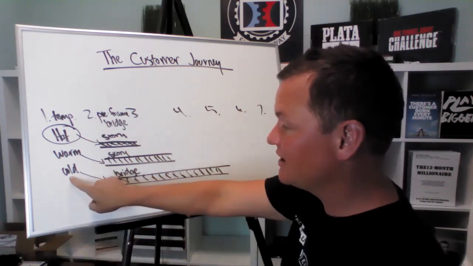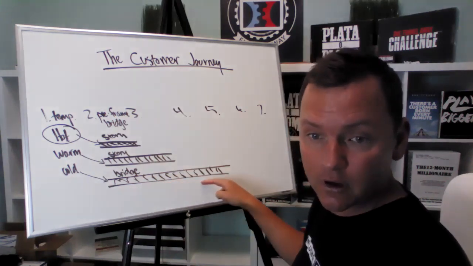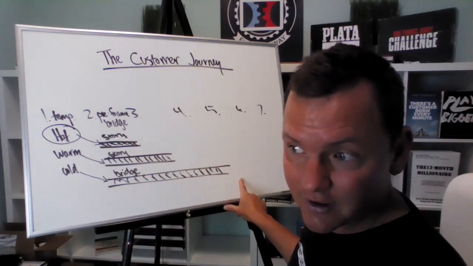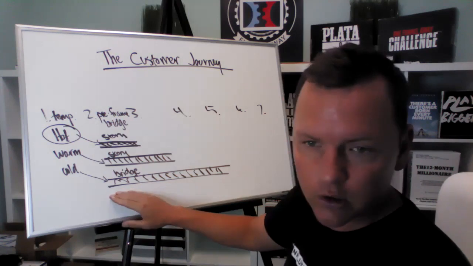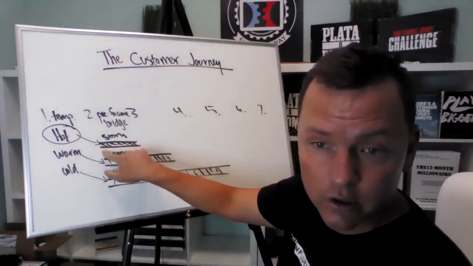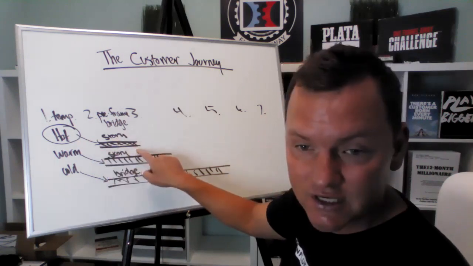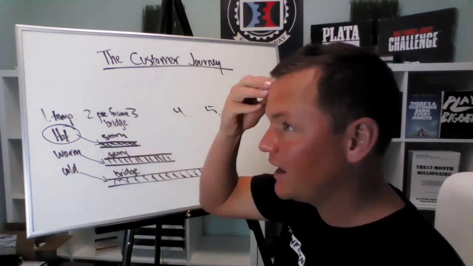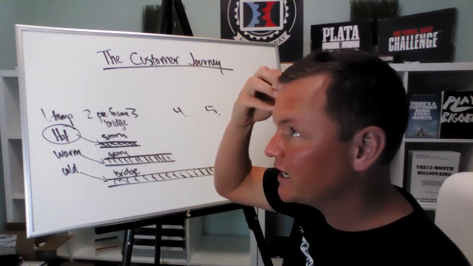Cold traffic. That bridge is a long bridge for somebody that doesn't own a dog. Now I've got to convince them to own a dog so they'll buy my food. And somebody that doesn't like dogs, good luck, right? That's cold traffic. I don't want cold traffic. I want somebody that already owns a dog. That bridge is shorter. And so the story that I have to tell to get them to cross that bridge is a much easier story to tell. So you've got to understand, hey, who do I want to go after? I want to go after this hot traffic. And what can I say to them?